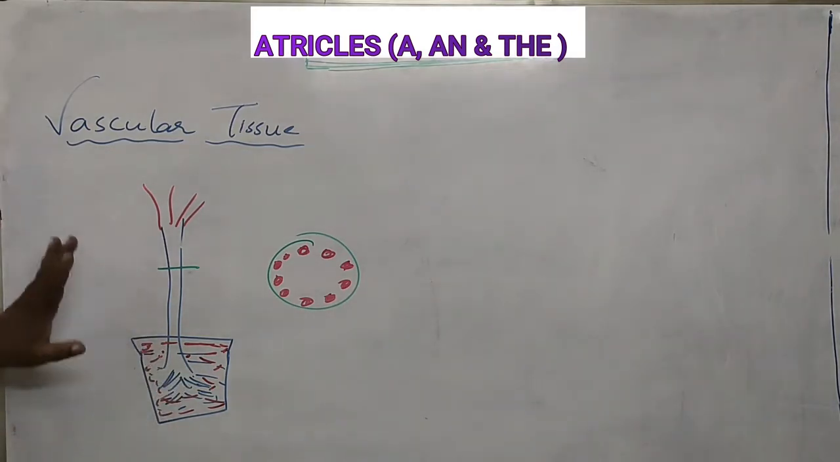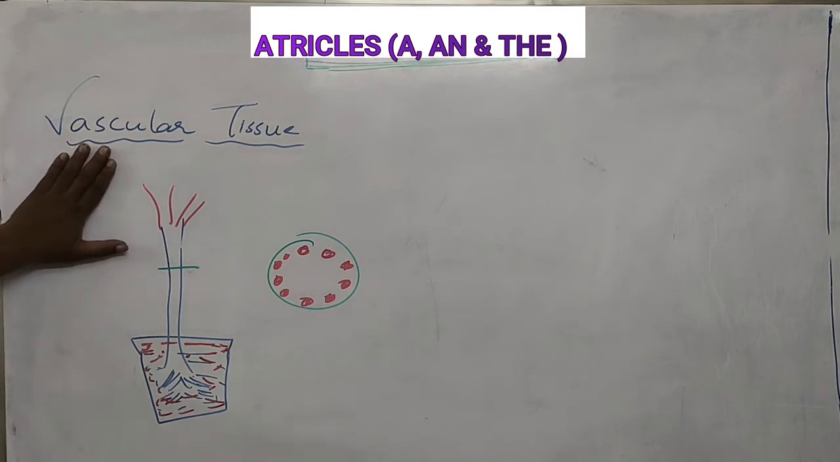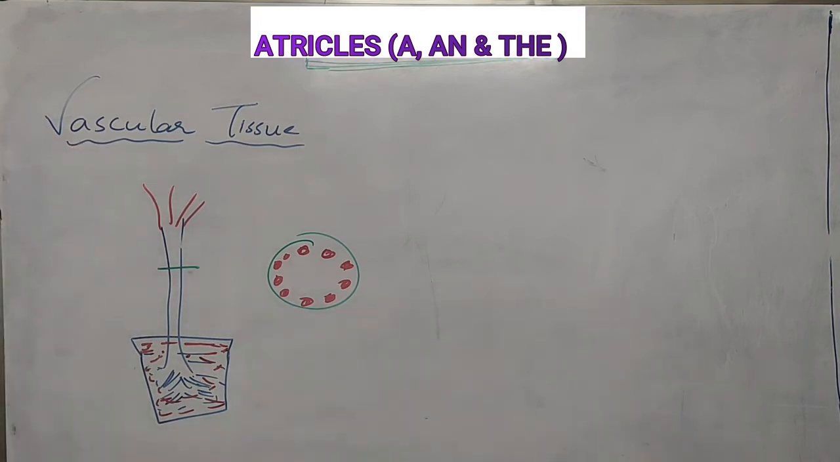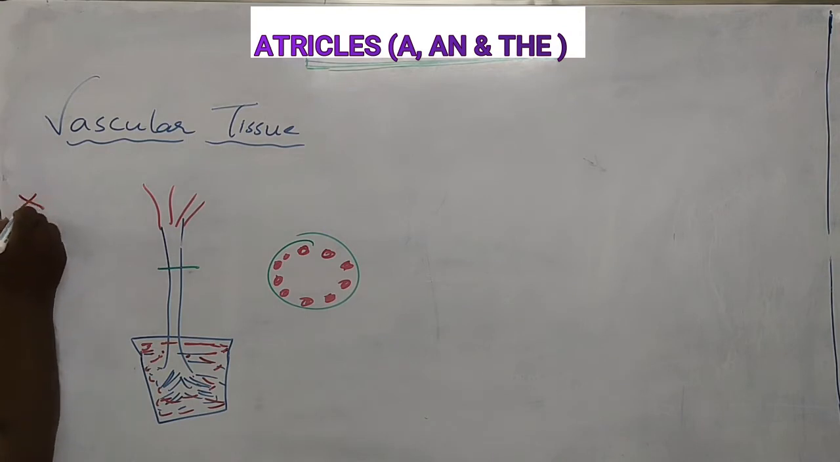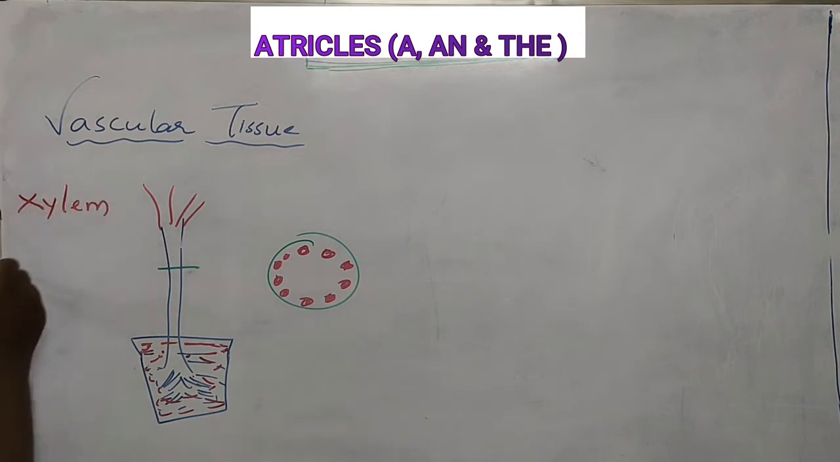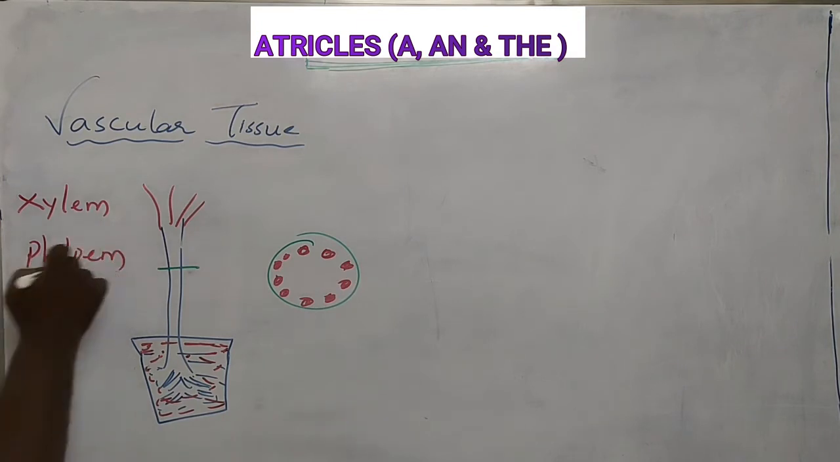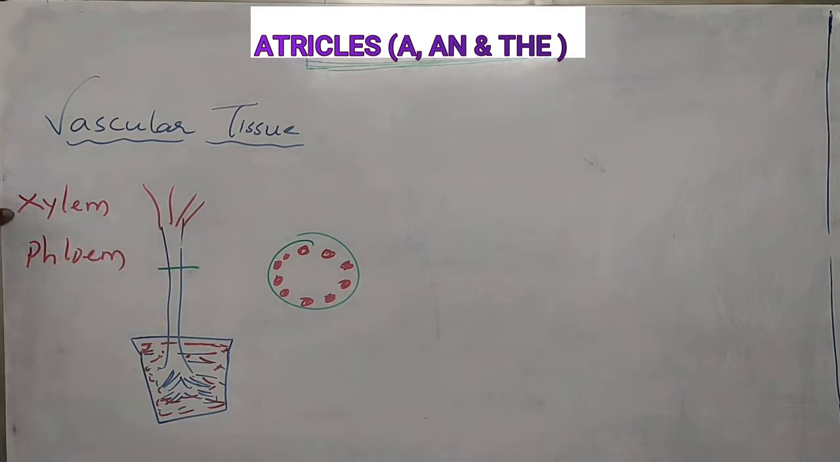Now, what is vascular tissue? That is what we are going to see now. Vascular tissue will contain two parts. One is xylem and second one is phloem. First one is xylem, second one is phloem. This xylem, okay,